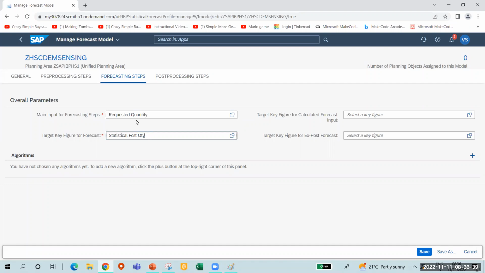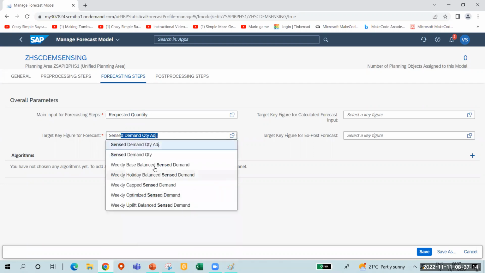This requested quantity is nothing but, for example, in your sales order from your S4 system, you're capturing it, you're bringing that data into your IBP system, and that is captured in one of the key figures called requested quantity. So that may become your input, and then you want to have this output